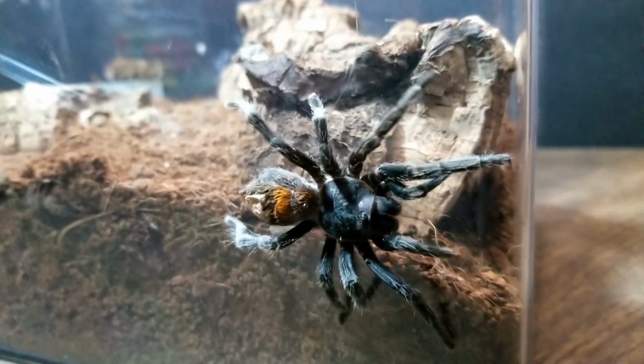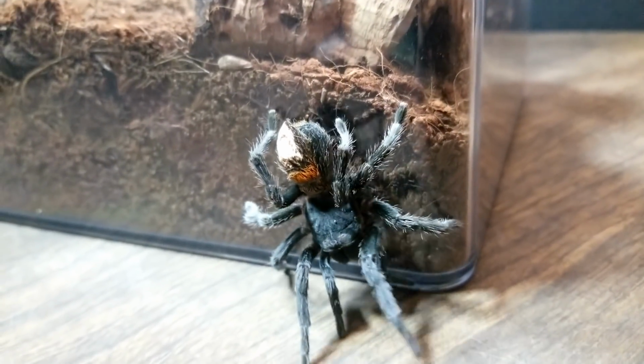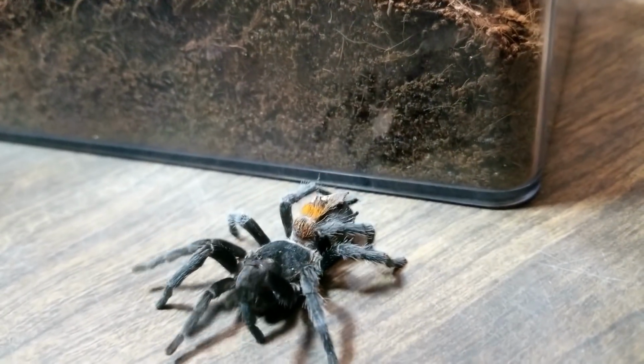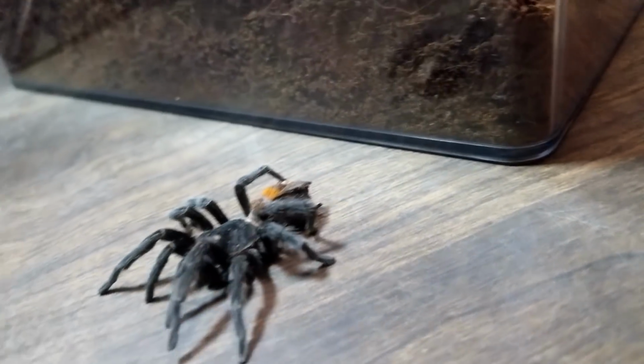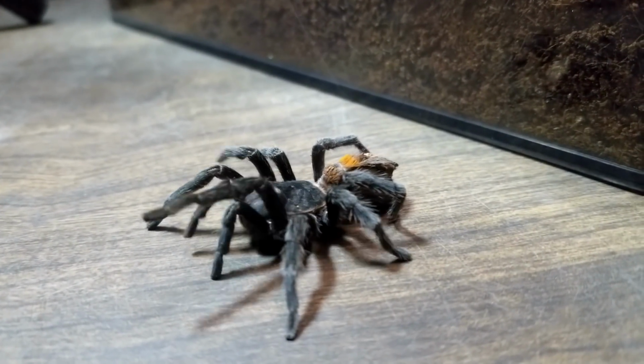But as you can see here, she's going on a walkabout. She's become incredibly active again. She has actually eaten 5 times since this. In about a month's time, she's eaten 5 crickets, which is more than she ate the whole last 2 years put together. She's been digging, doing a little bit of tunneling, a little bit of webbing,